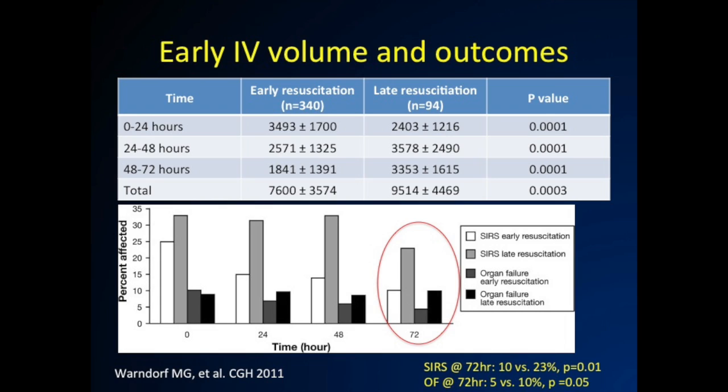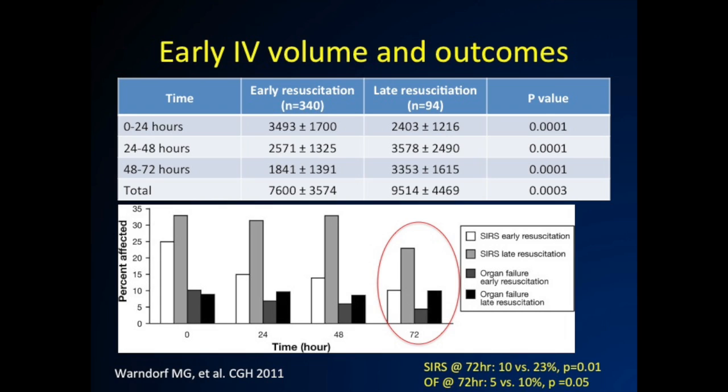So in the early resuscitation group, you're essentially talking about 3,500 mLs, which, for a 100 kilo person is, if you do the math, let me see, I did this, it's about 150 mLs per hour in those first 24 hours, I think. Actually, maybe less than that. It would be for a 70 kilo person. In any event, the early resuscitators, so the people that got more fluid in the first 24 hours,